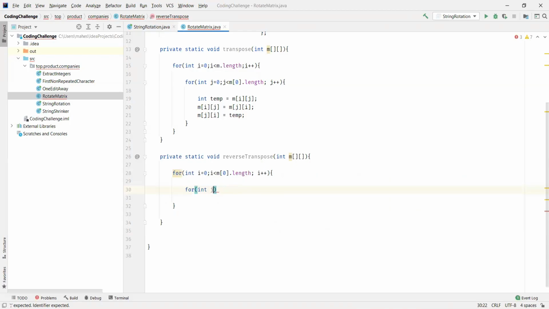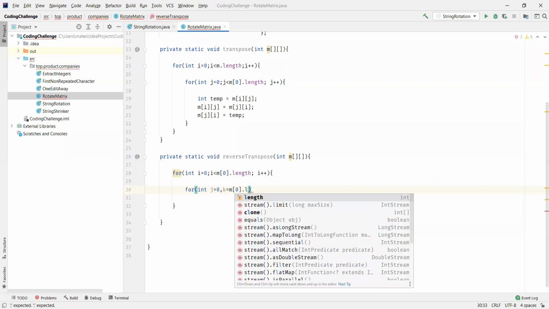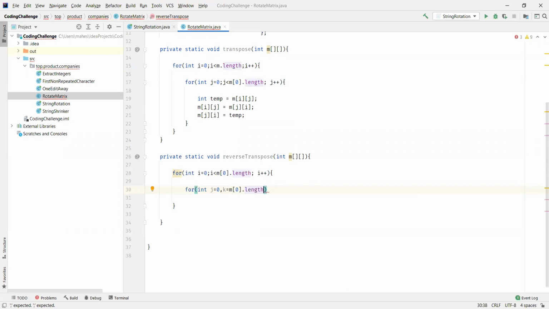So I'll take j as a variable incremented from top to bottom, and another variable k which represents the last row and will be decremented, so length minus 1. We stop when j is no longer less than k. Each time we increment j and decrement k, as k starts from the bottom.